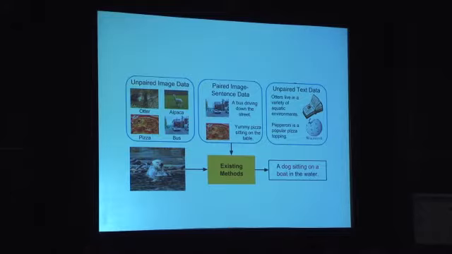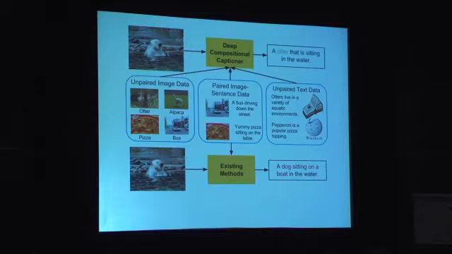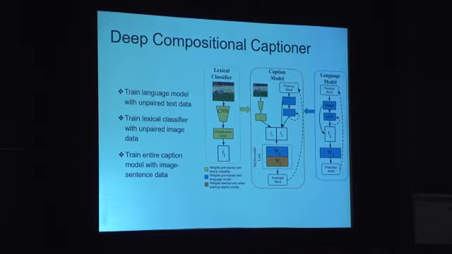So the first compositional captioning model I'm going to put forward is what we call the deep compositional captioner, and it really takes advantage of lexical generalization, taking advantage of other data that we have, unpaired data, either image tag data or just text data, and indeed it can learn to take this image and speak about the otter that's sitting in the water, even though it's never seen a caption involving an otter before. And we do that by extending the previous model to have structure to allow it to be separately trained across different data sets and integrated in